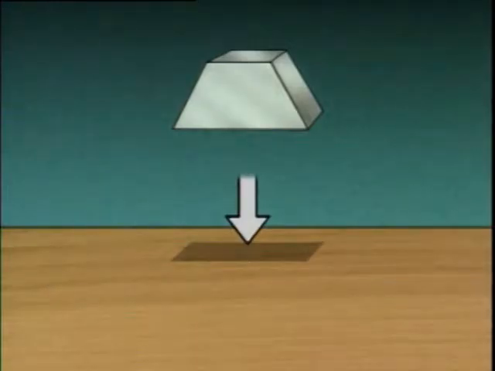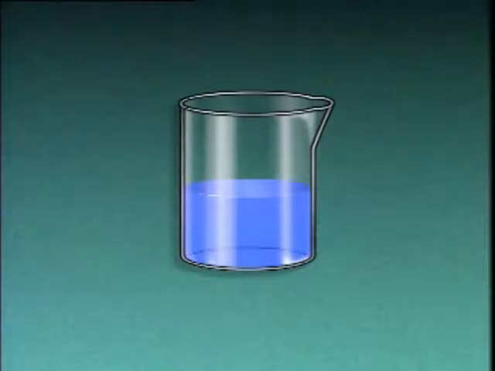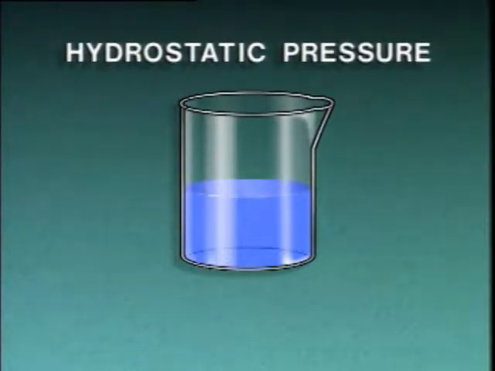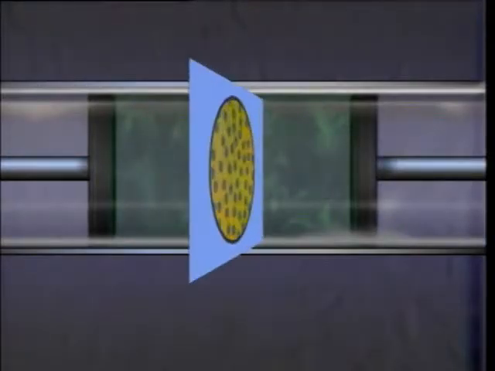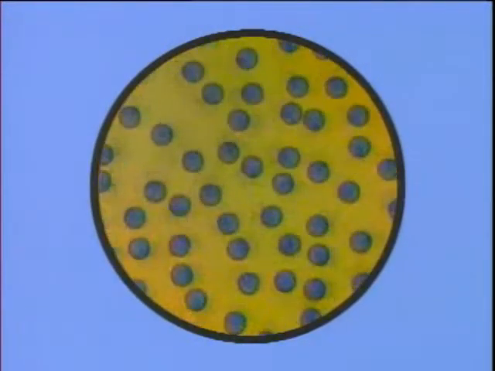Of course, not all pressure measurements deal with solid objects. Many deal with liquids. The pressure exerted by a contained liquid is known as hydrostatic pressure, and it's determined by the height or depth of the liquid. Hydrostatic pressure increases as the depth of the liquid increases. This is due to the weight of the liquid pushing down from above. Pressure measurements can also be taken for gases. The pressure exerted by a contained gas is a result of collisions between the molecules of the gas and the